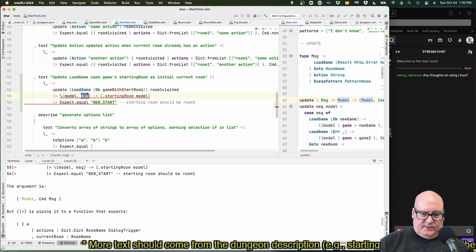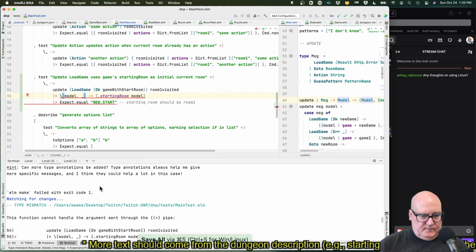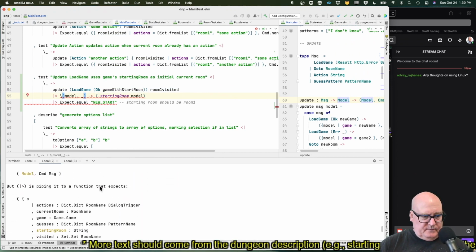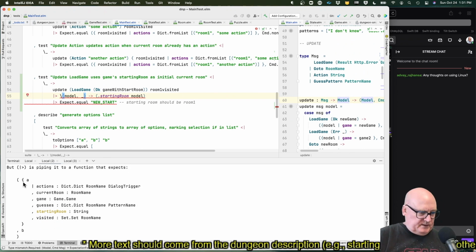Well, I don't really care what that one is. Can I do that? A function that expects A with actions and a bunch of stuff.